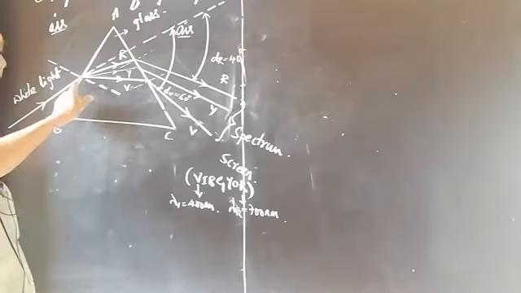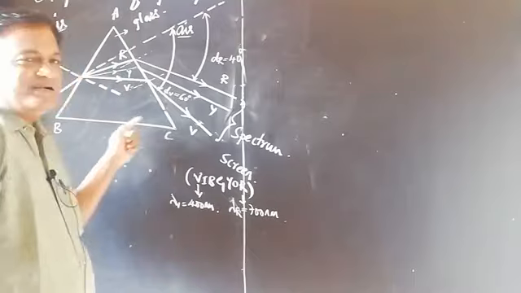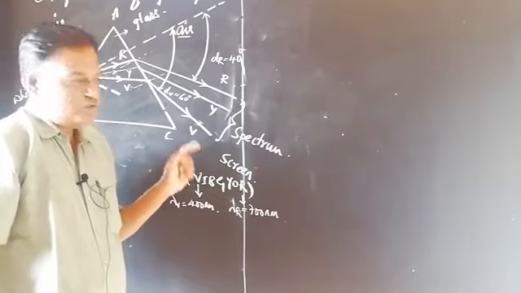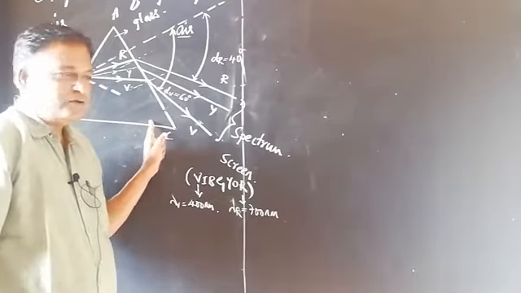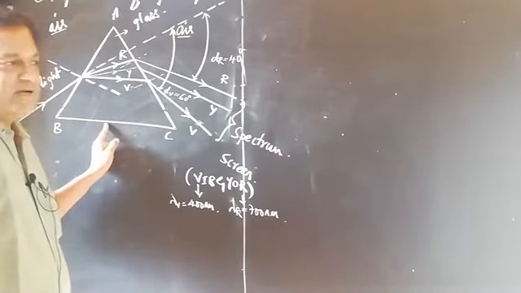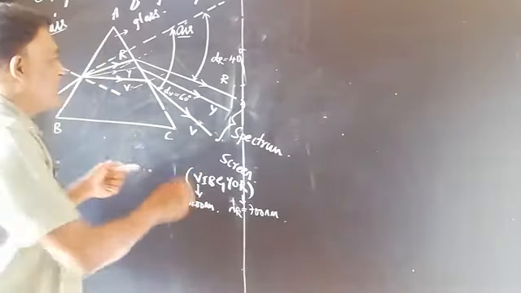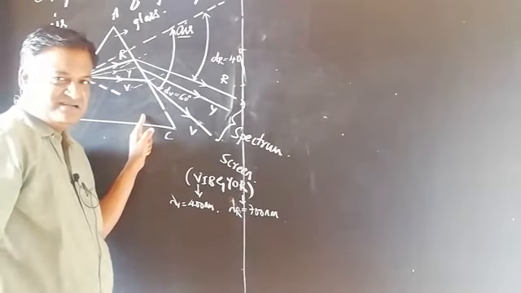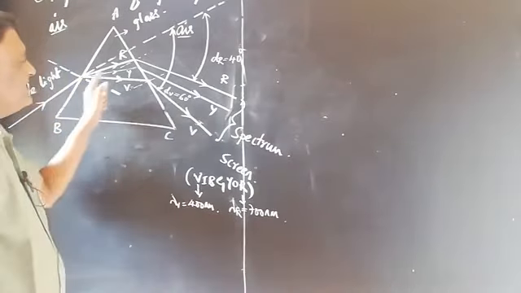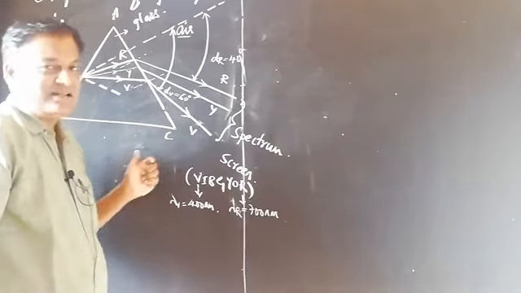When the same white light is made to be incident on a glass slab, the white light doesn't split up or break up into constituent colors. So in those days, it was believed that the prism produces or creates the color. But later Newton experimentally showed that the prism acts as a dispersing agent. It has the ability to break up or split up white light into constituent colors. The prism itself doesn't create the colors.